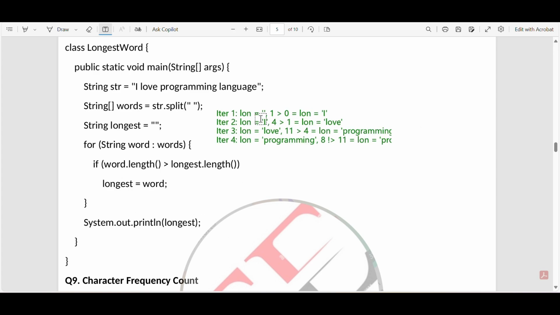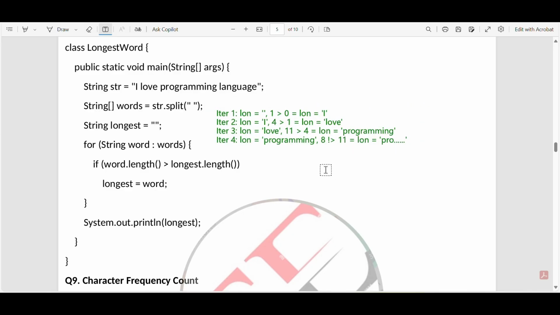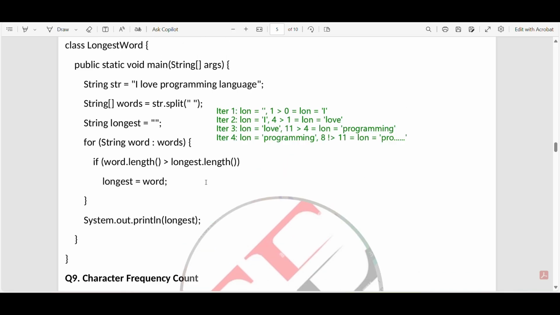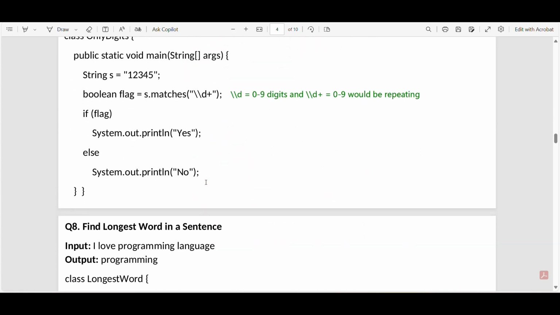Finally, we are printing the longest, which will give you the longest word in the sentence. Okay,